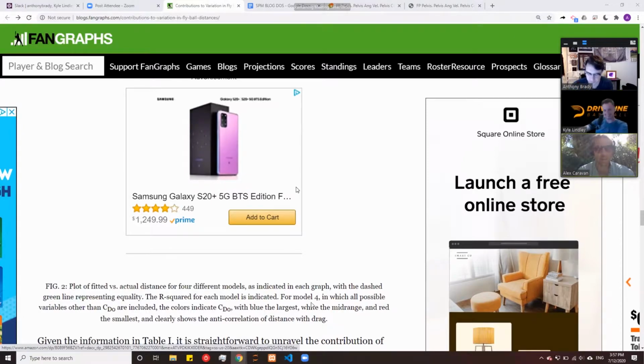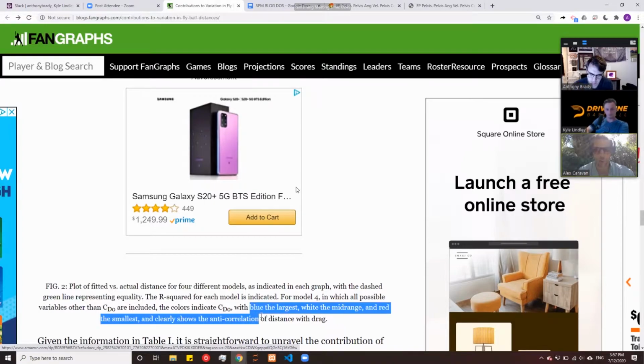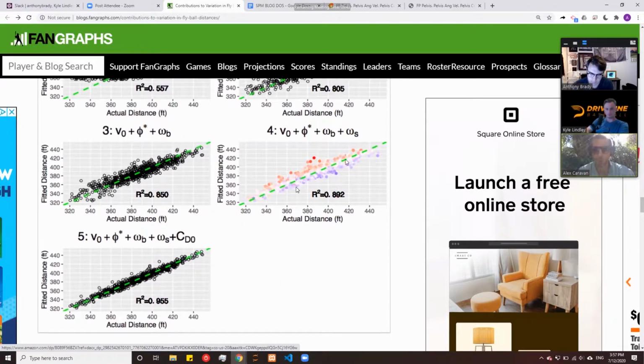But these are split up by balls that had higher and lower drag coefficients. Blue is the largest, white's the mid range, and red the smallest. So the whole point is to show that when you are controlling for exit velocity, adjusted spray angle, backspin, and side spin of the batted balls, you can still see essentially different echelons based on their